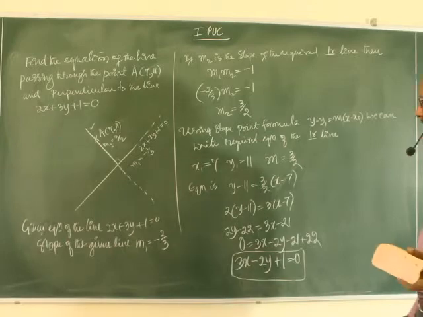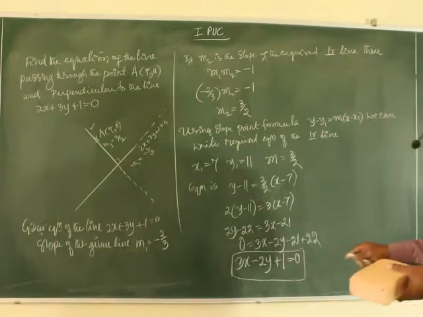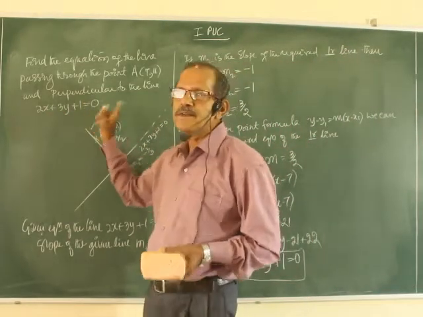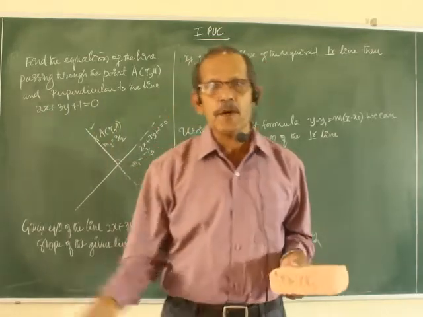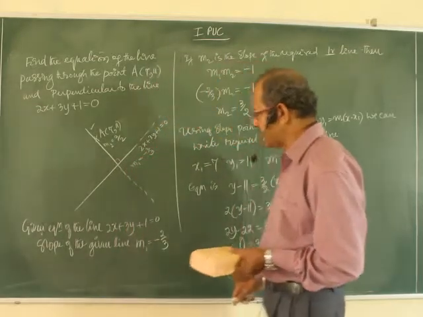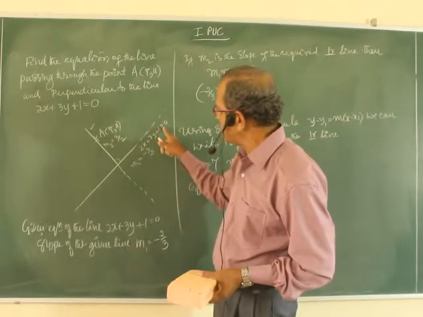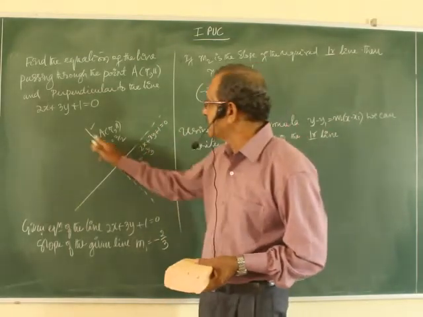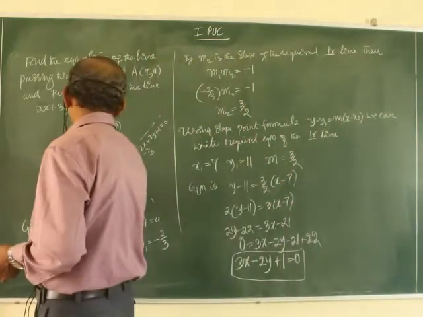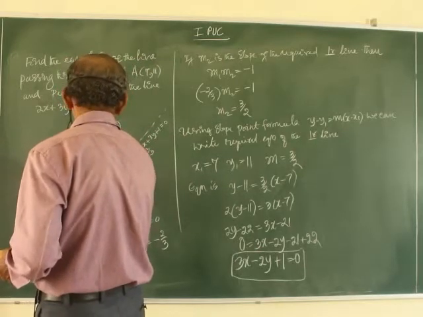Now actually you got a very simple method in the previous one, the parallel line, correct? How? Write the coefficients of x and y as they are, write k, and to find the value of k, put the coordinates of the point on the line. That is for a parallel line. What about perpendicular? Just see here: the given line is 2x plus 3y plus 1 equals 0. The answer you got for the perpendicular line equation is 3x minus 2y plus 1 equal to 0.